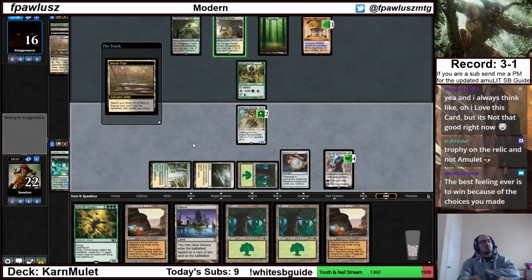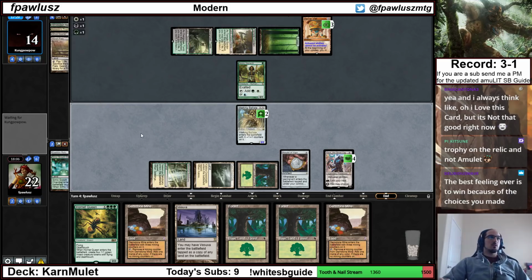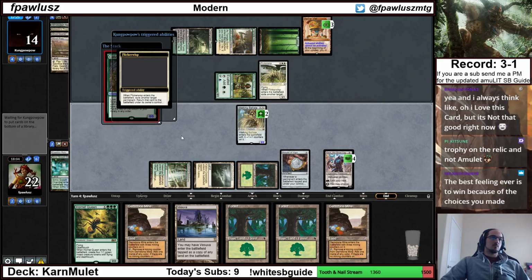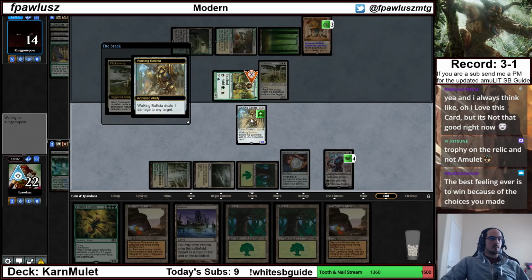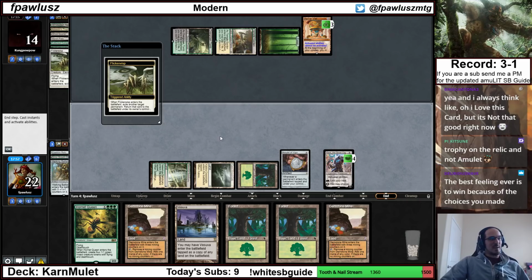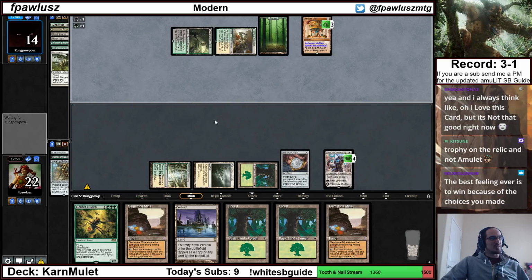I guess we can choose what we do. I think it's very likely that we end up killing this Noble Hierarch. Flicker Wisp. And nothing else? Oh yeah, we're definitely killing this Noble Hierarch. Ping here. And ping here. Wow, my opponents have been playing some very, very bad Collected Companies. You'd better have something good here, opponent, because...